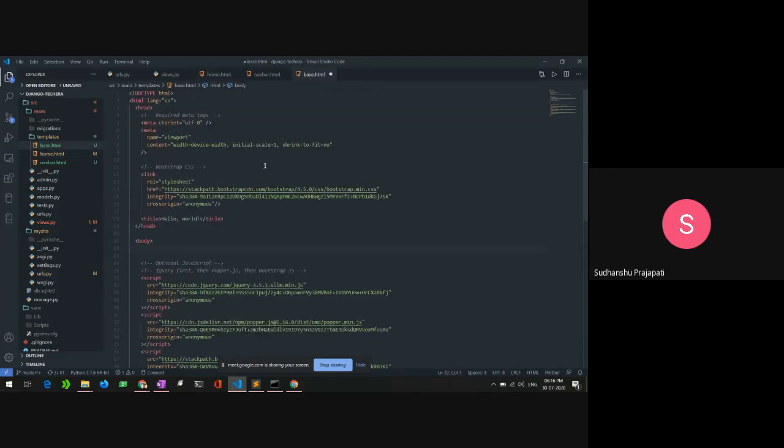Now come to the base.html and use a template tag, provided by Django to work with template inheritance, and how it is.